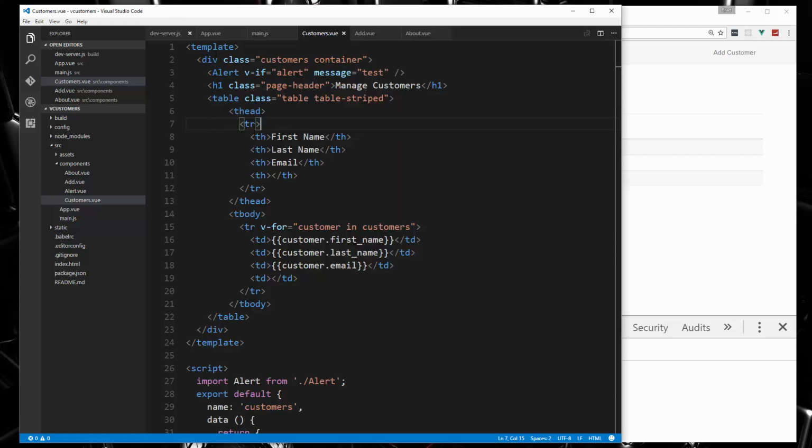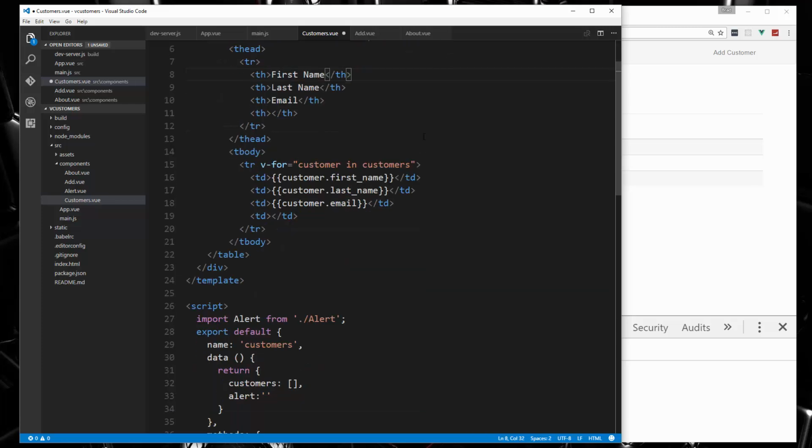And then we also want, obviously we don't want to pass in test, we want to pass in whatever's in the alert. So what we'll do is add v-bind to this. Okay, since we're putting in a variable, we need to use this v-bind, and then whatever alert is. Alright, now